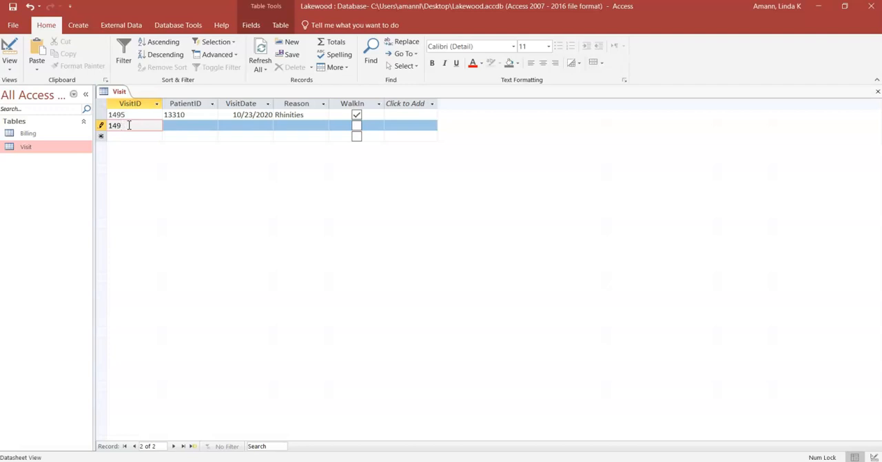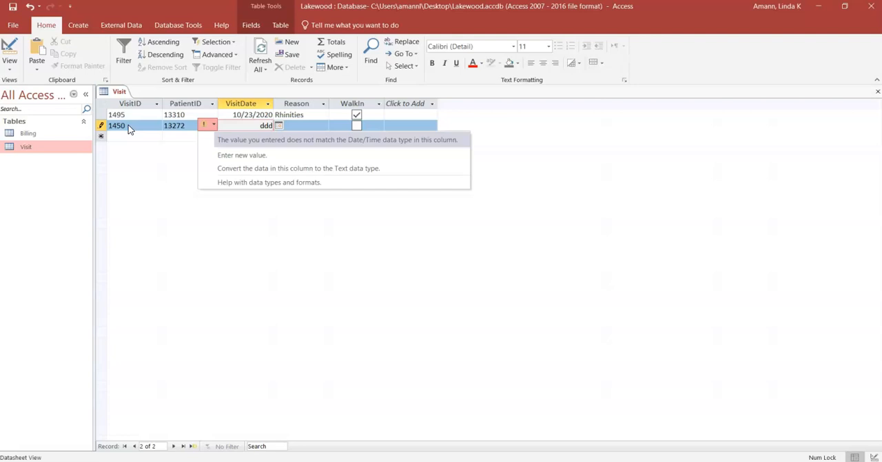So let's type it in 50, patient ID. All right, now here's visit date. This is a date data type. So let me try to put some letters in there, hit my tab key. See? This is why that data value is so important. So this is October 26th, 2020,